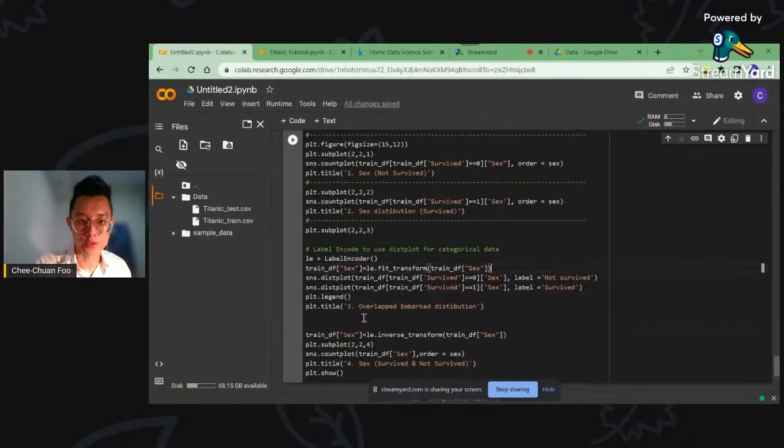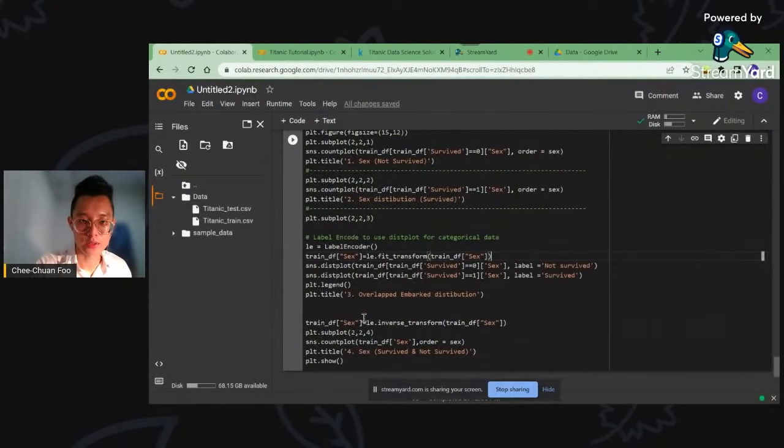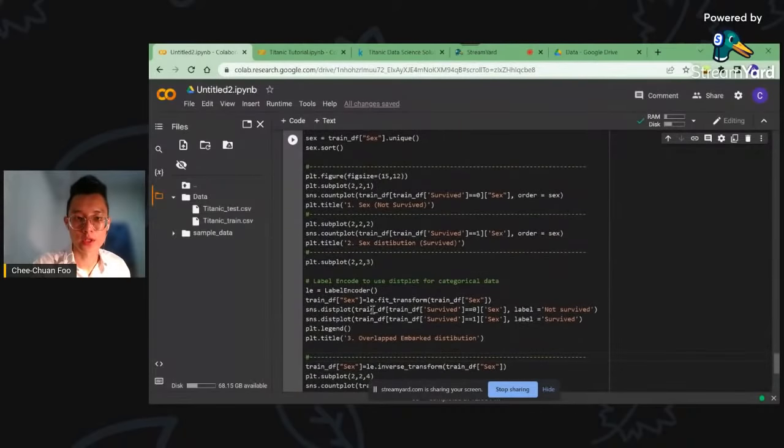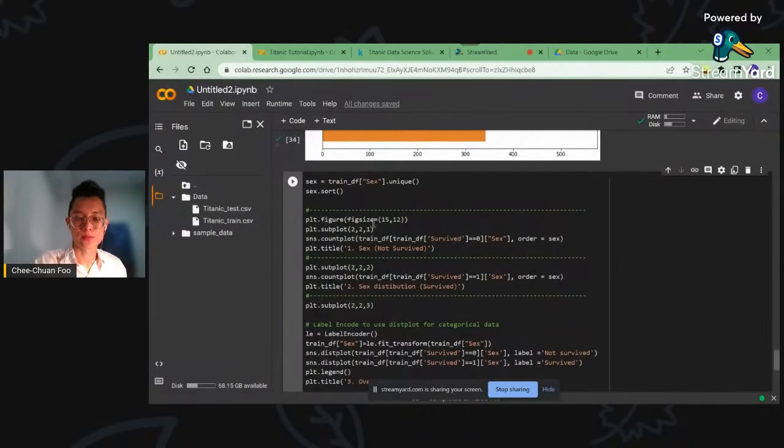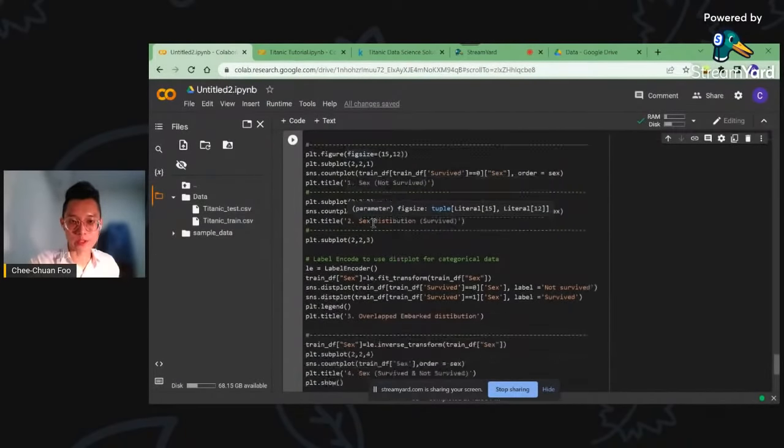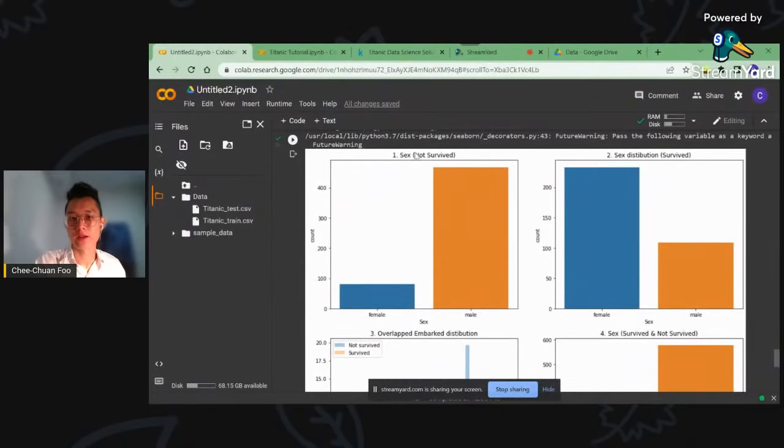One, two, three, 2, 2, 3, 2, 2, 4. Okay, 4 levels. So this is because I want to divide into 4 segments, right? The first box is the sex of our people, our data, but with a condition that they do